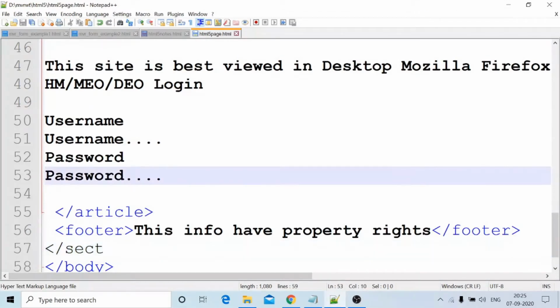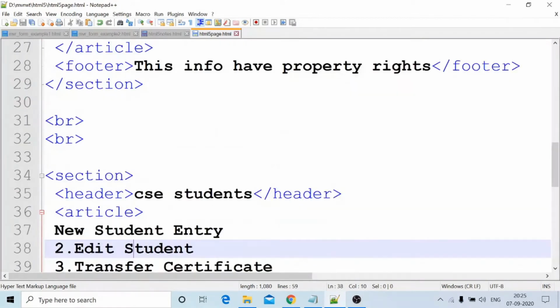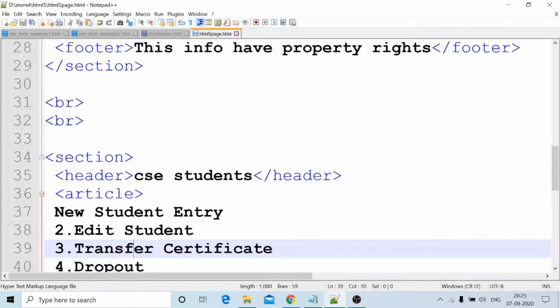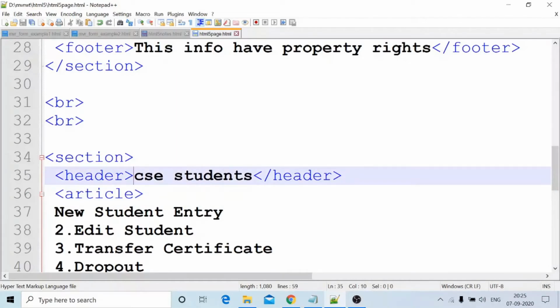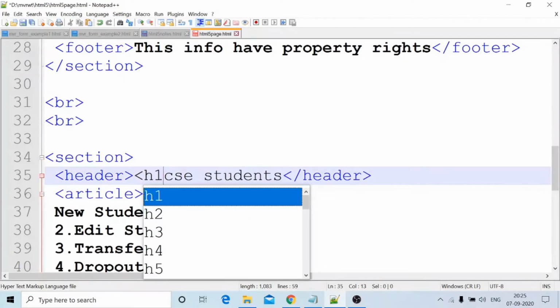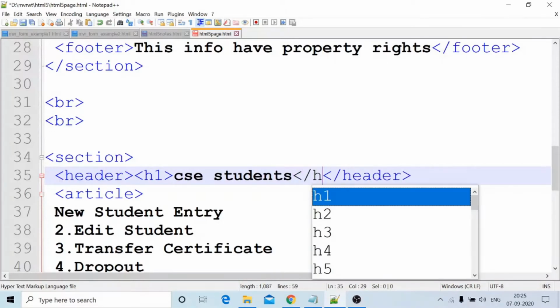This page is HTML: the page contains sections, a section contains a header, and an article. In the header we can write H1 style also. General HTML tags we can write, no problem. Header, slash H1.